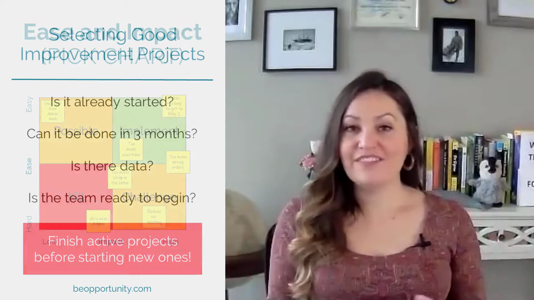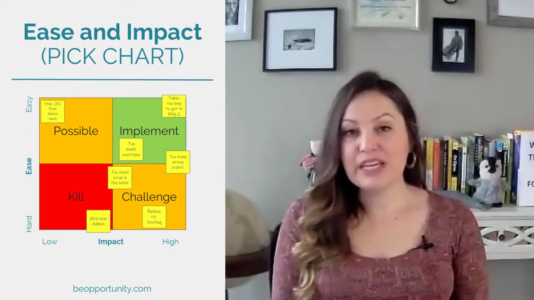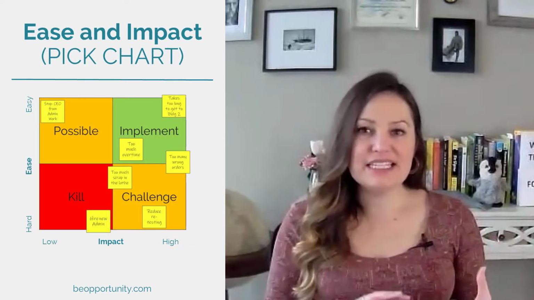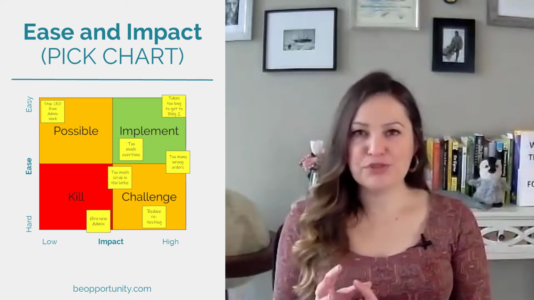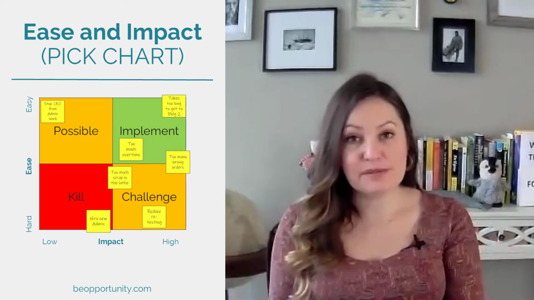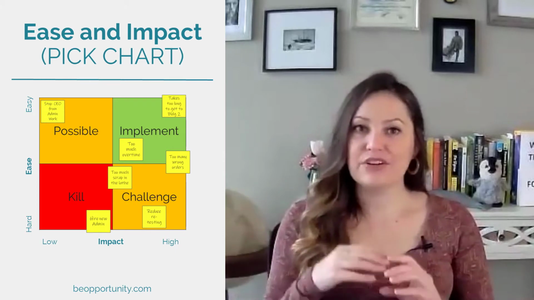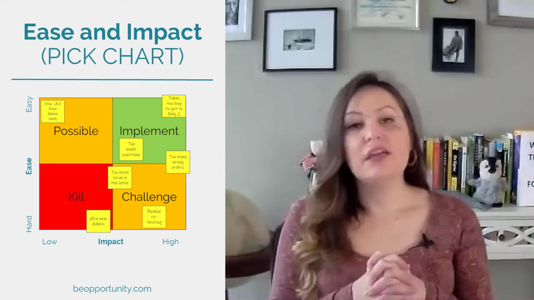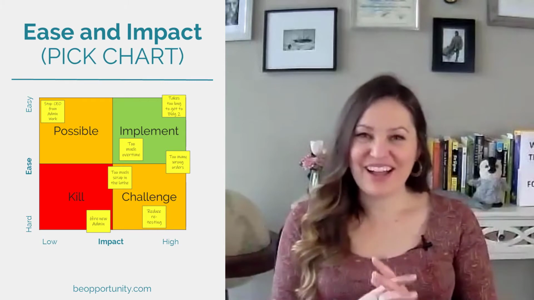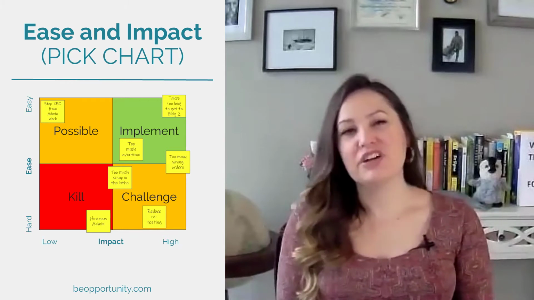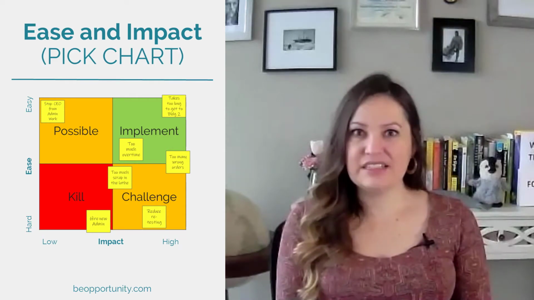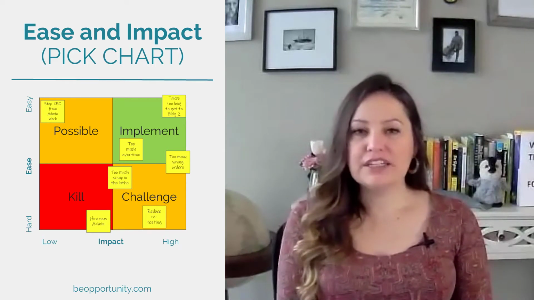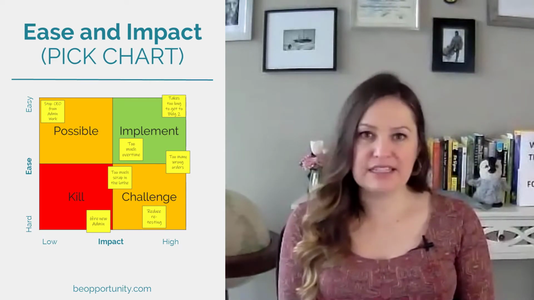So now that you have all of these different ideas, what we can do is look at them by ease and then by impact. So what we want to do is make sure that we're choosing projects that are going to have the highest impact with the least effort, that are the easiest. So you don't have to use the pig chart like I have here. I find the language on the pig chart a bit confronting. I don't really want to tell anybody that I think their idea should be killed. So I generally just use the impact and ease.